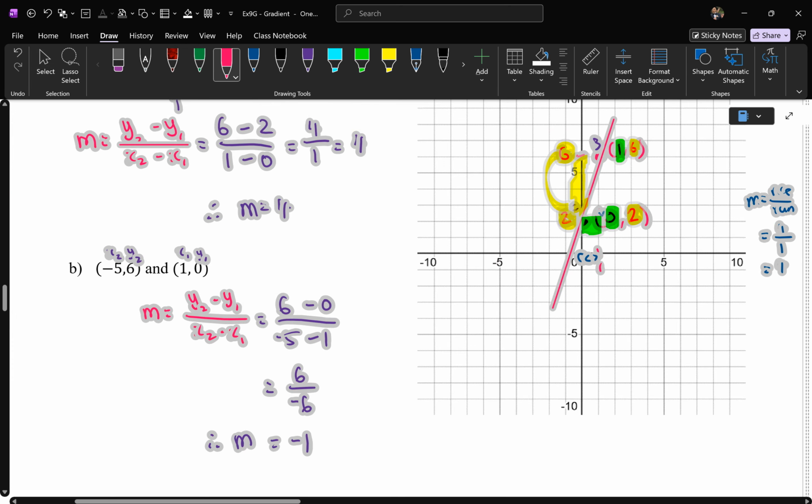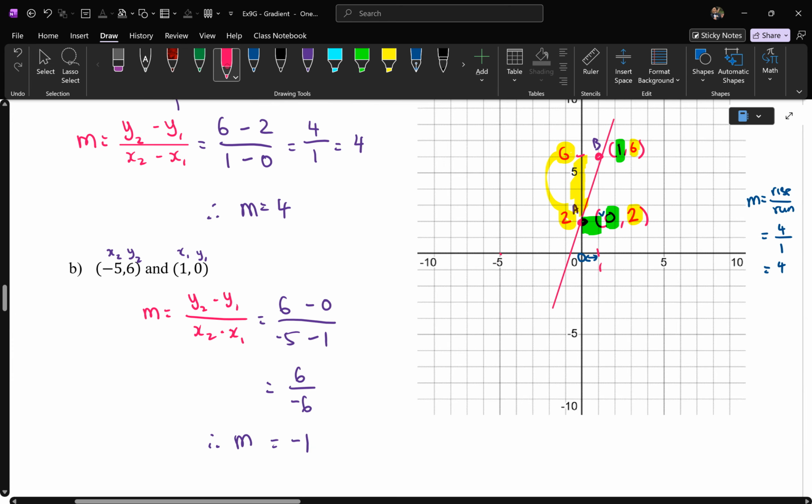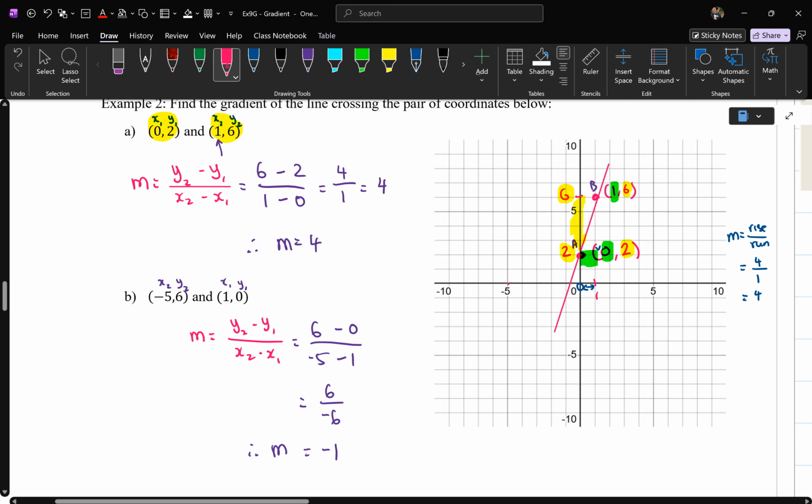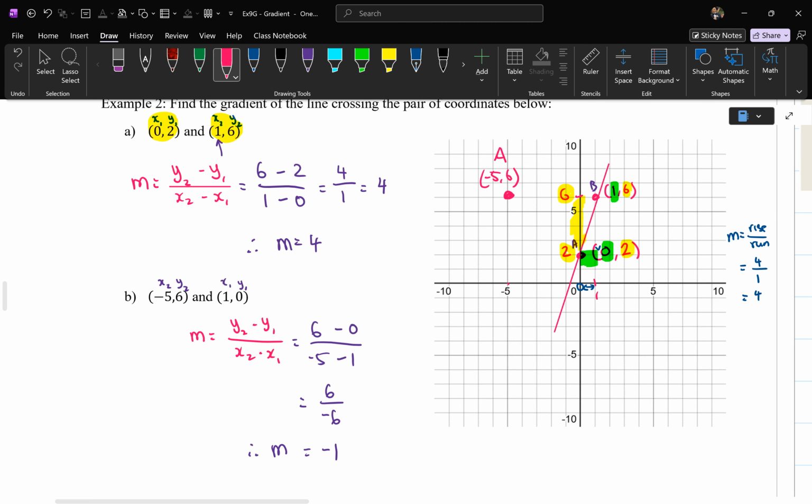So -5, 6 is over here, 6 is up here. I'm just going to delete that. 6 is up here. So -5, 6. That's my point A. And then the other one's 1, 0. So 1, 0 is all the way here. That's 1, 0. So I'm just going to rub this one off so we don't get confused. There you go. That's 1, 0. So if we then connect the dots,